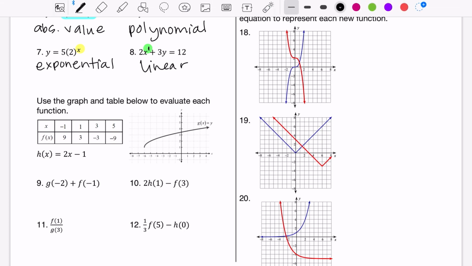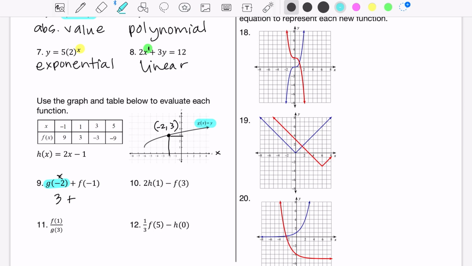The next little piece asks us to use a table, an equation, and a graph to find some of these values. So let's make sure we are good to go. So this one says g of -2, and this right here tells us that the graph is the g graph. So this is the x value right here, -2. So we're going to go to -2 on the x-axis, which is here. We're going to connect it to that point right there. So that's (-2, 3). So when the input is -2, the output is 3,